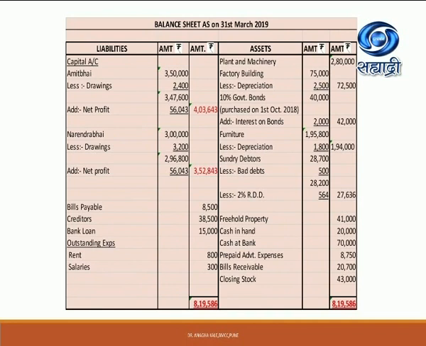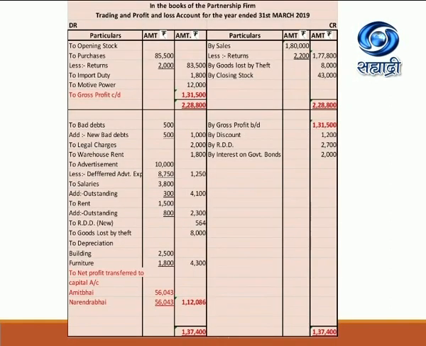So we'll be finding 2% of 28,200, that is after deducting bad debts. So 28,700 less 500, 28,200, and 2% of 28,200 is 564. So net amount of debtors is 27,636 in outer column. And second effect of these new bad debts and new RDD, in profit and loss account,